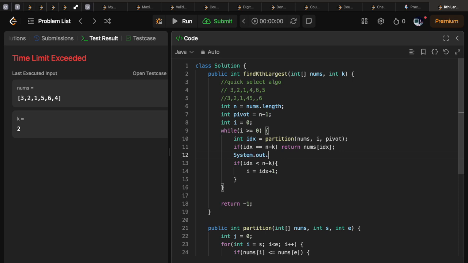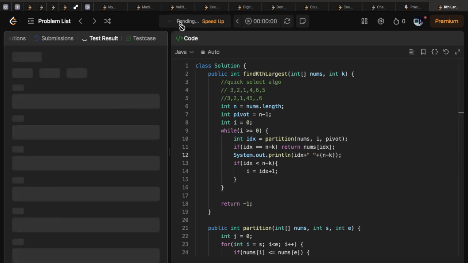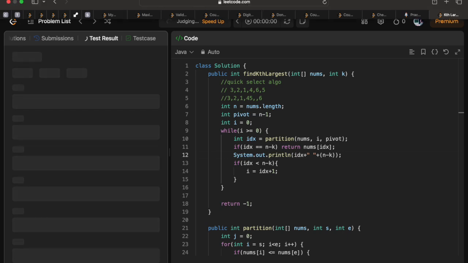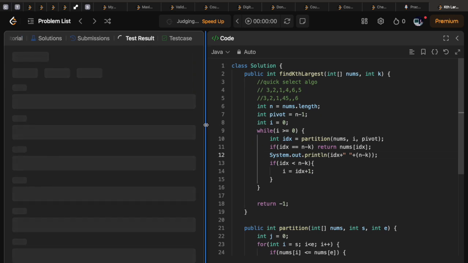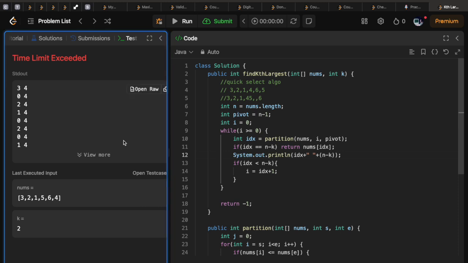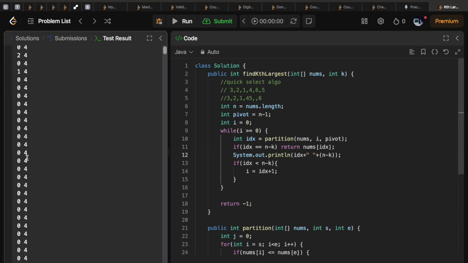Let's print my idx value and n minus k value. Okay, so it is getting stuck on 0 and 4. Initially my idx is 3, and